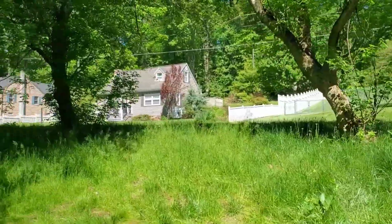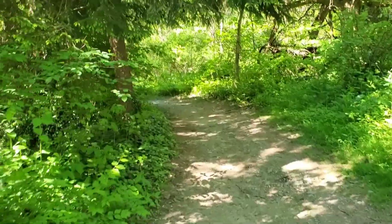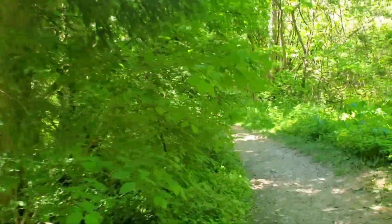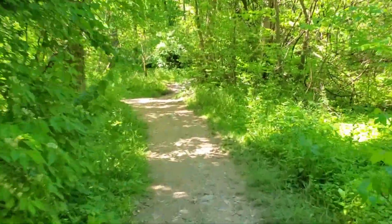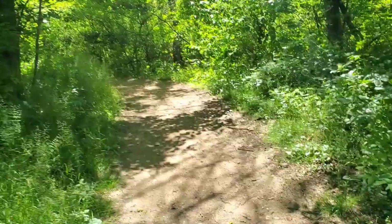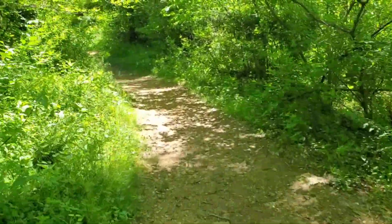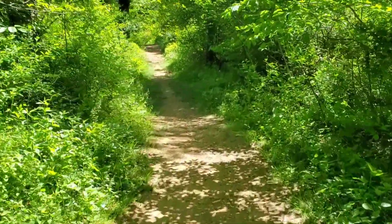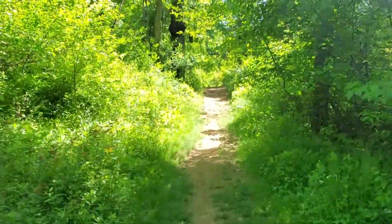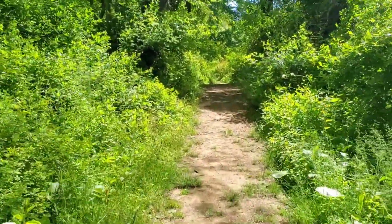The north side of the park borders up on Ironville Pike. So there's a little bit of road noise here, but you disappear back into the woods pretty quickly. On the north side there's a post that's missing its sign, but you can shoot south here to a little spur trail that goes to an overlook that's pretty good in the winter time. I've already been down here, and the trees have grown up and over, so it's not that great, but it's just a